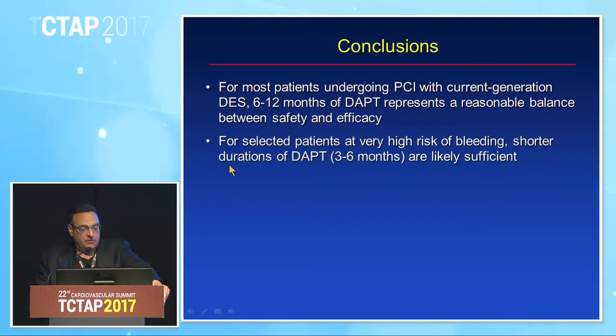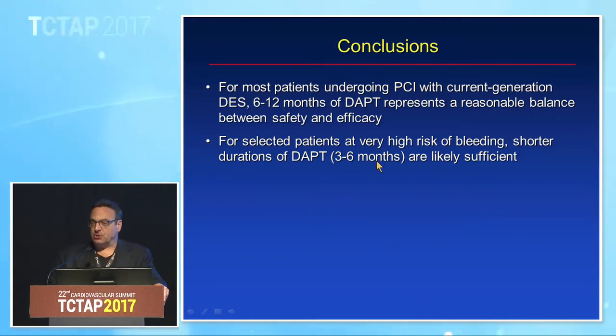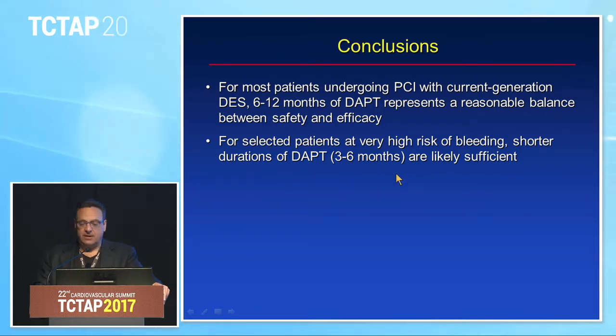For selected patients who are at very high risk of bleeding, patients on oral anticoagulants, patients with a history of prior bleeding, or patients with that PRECISE risk score that is over 25, in the top quartile, I think shorter-term durations of DAPT are likely sufficient, and you want to choose a stent that can support those short durations of